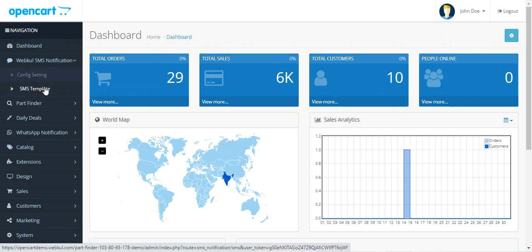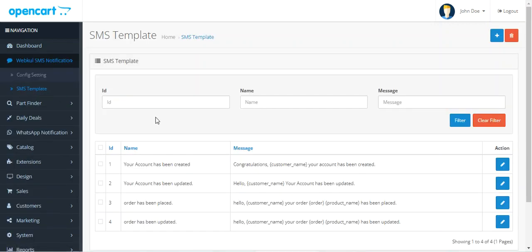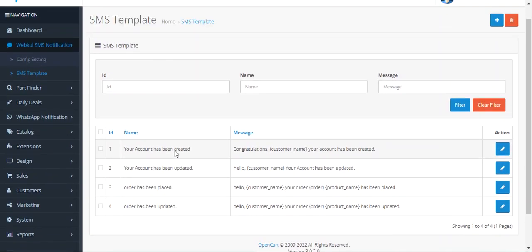Now let's go through each of them one by one, but first of all let's go to the SMS template and let's see how the admin would be able to create the SMS templates there. So here you can see that we have created different SMS templates: your account has been created, your account has been updated, order has been placed, order has been updated, and here's